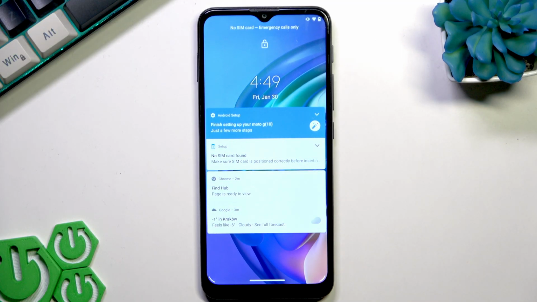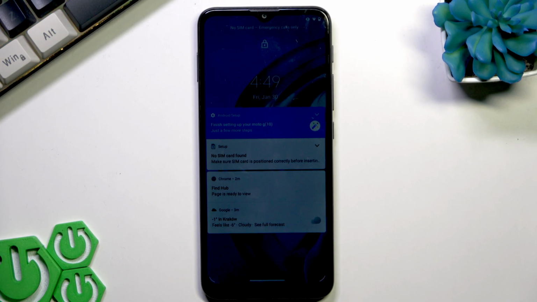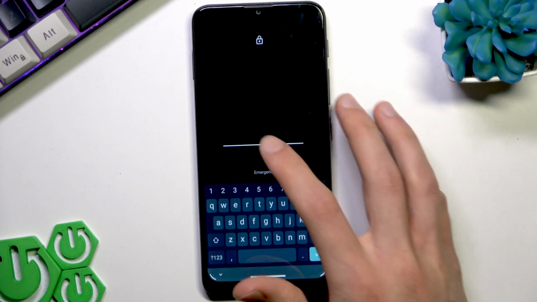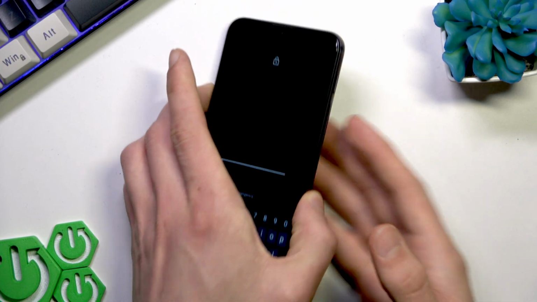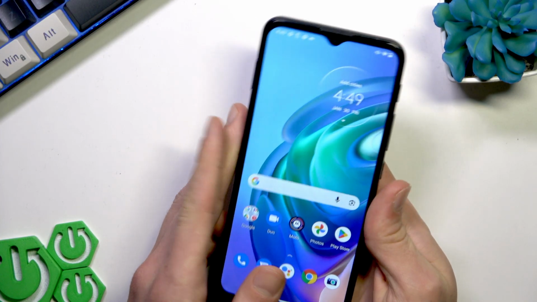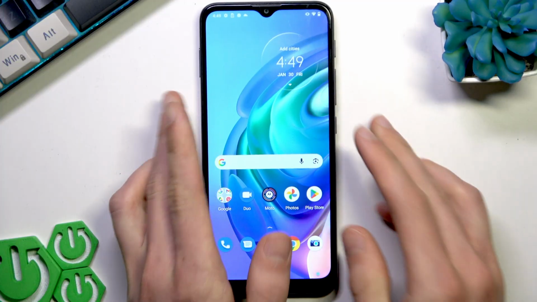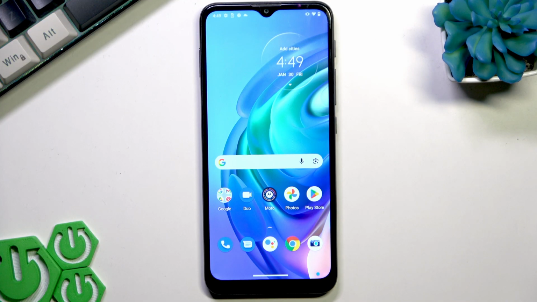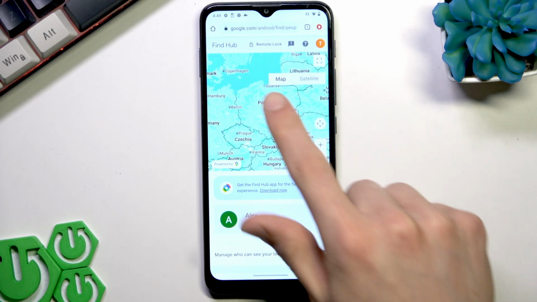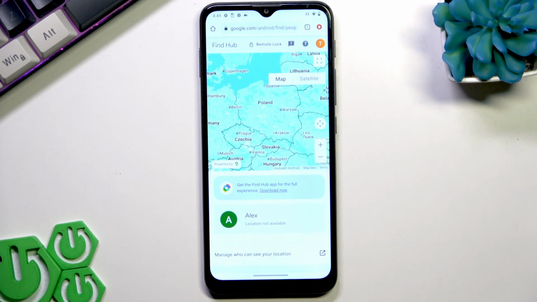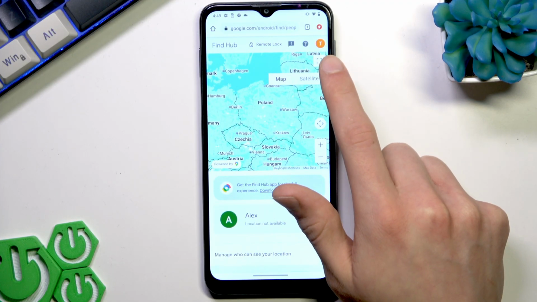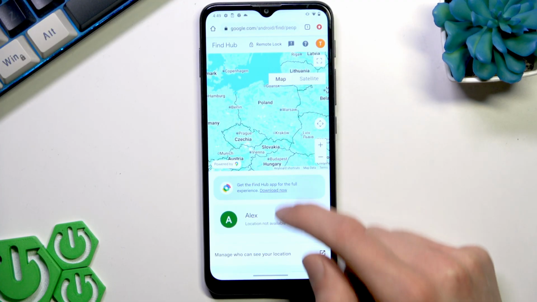However, if it's not possible for you, then you can still perform a factory reset operation either through the recovery mode, which I mentioned before, or using a Find Hub service by Google. To use a Find Hub service by Google, you have to get any other device around you that has access to the internet and to which you obviously have access, and open a web browser on it, find this website, sign into it using your Google account, and then once you do that,